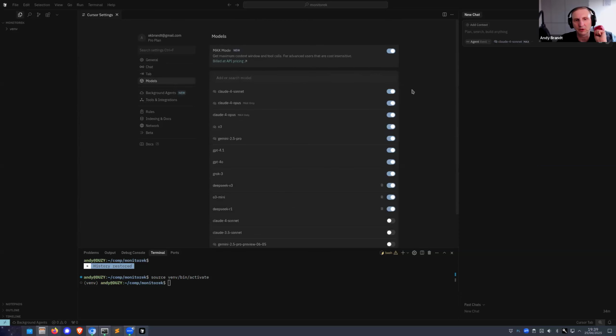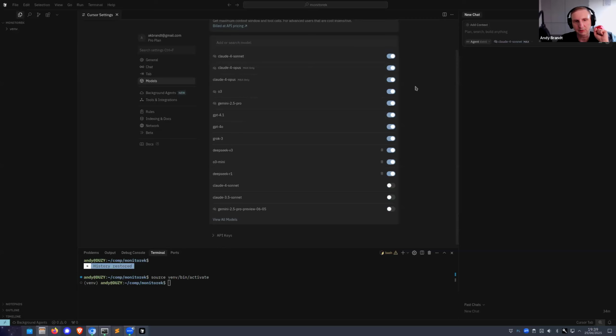Now let's look at the models. When you install Cursor, some of those models are not switched on, and it's worth switching them on.